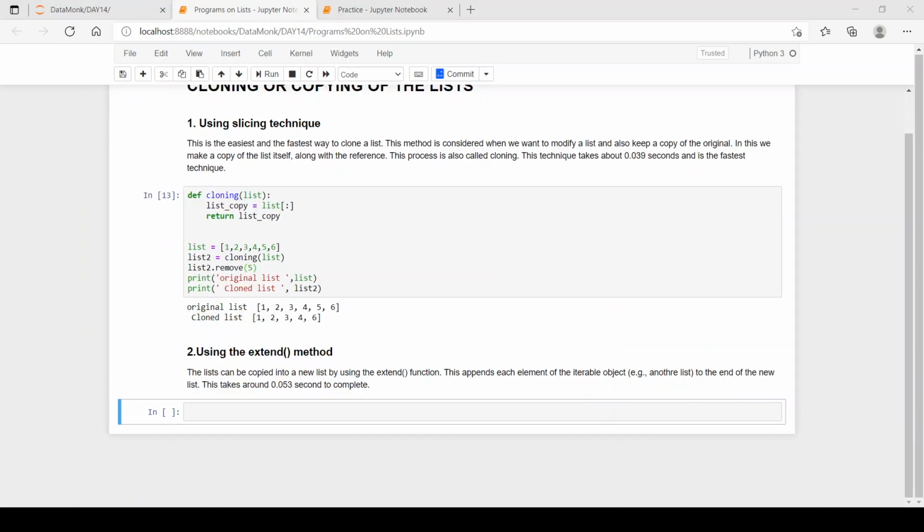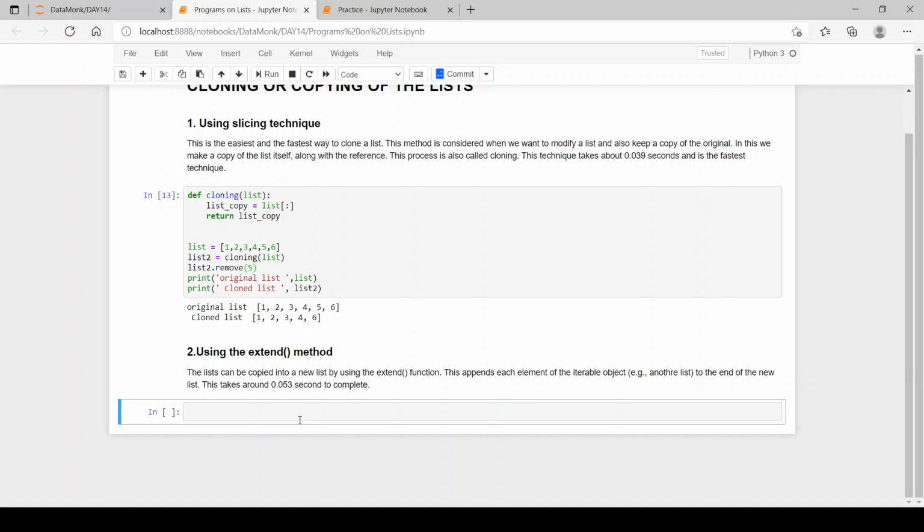Our second technique is using the extend method. Now this method is a little bit different, but it is the same thing: it clones the list and we have a modified list and we keep the original copy as it is. The list can be copied into a new list by using the extend function. This appends each element to the iterable object.